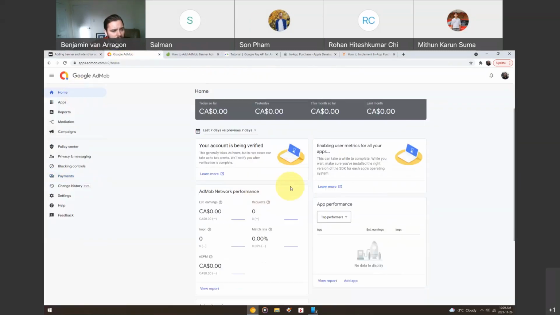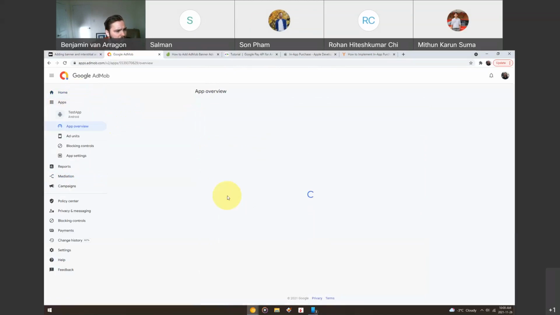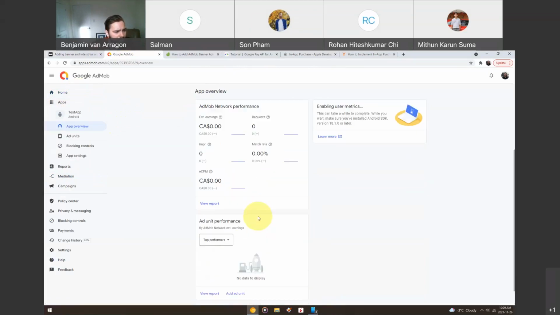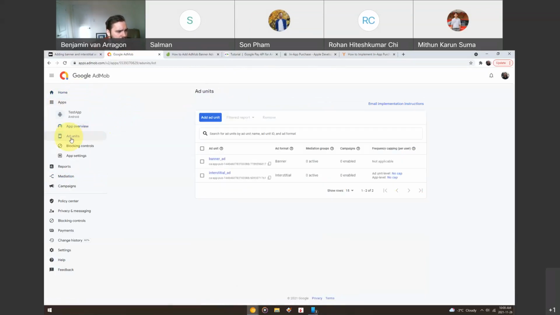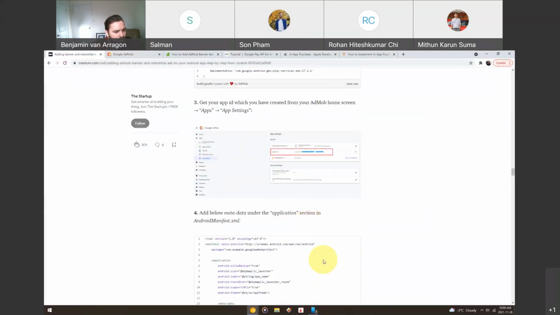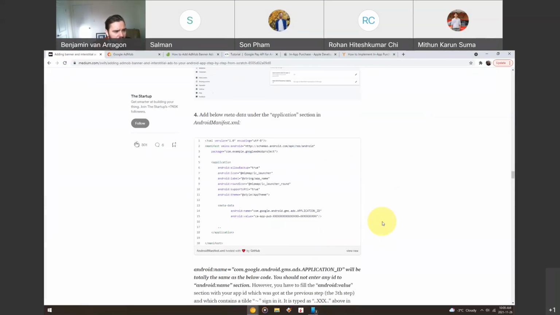So I click home, I come down, where is it? Oh, maybe it's not home. Maybe I go into apps, I click my app, and then inside my app, as requires review, add units. Oh, it's under this section. Here is where I can actually get my keys, my advertising keys, and then we can just literally plop those into our AndroidManifest.xml under the application tag. So here's our application tag, and then you add this metadata